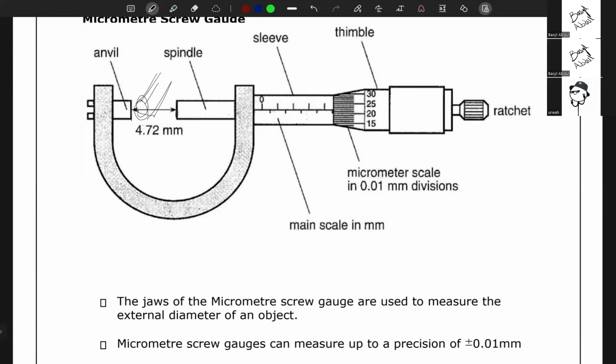Right? So once that is done, you pay attention to this scale. It's the main scale, and the readings on this main scale are in millimeters. Now you read the main scale, which is to the left of the thimble. So for example, this is the thimble, and anything exactly to the left of this thimble would be your reading. Once that reading is taken, you note it down. So let's say whatever it is, X. Then you start reading the thimble. The thimble is read from, so you can see here, you have 15, you have 20, whatever is in exact correspondence to this